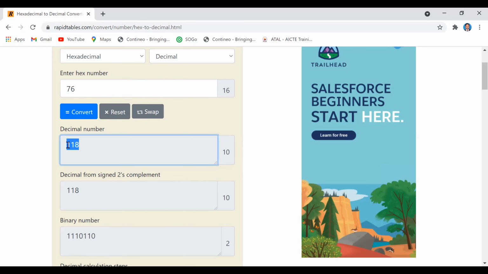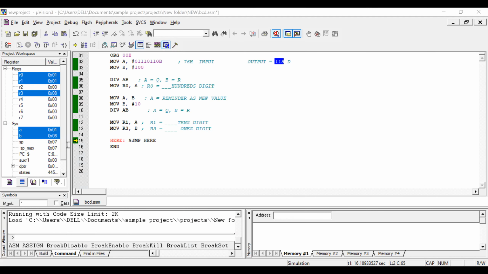So if you go to the program, you can see the corresponding values here.